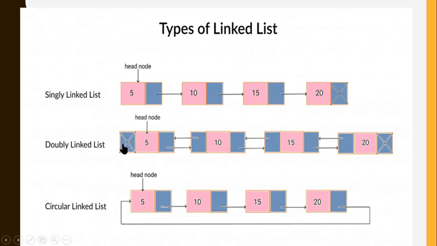The first partition holds the address, the middle partition stores the data, and the last partition again stores the address. That means the first and the last store the address, and the middle one stores the data. In this diagram, for the first node, I'm keeping the first partition as null because I don't have any previous node, so I can't store any address. And here I'm storing the data.